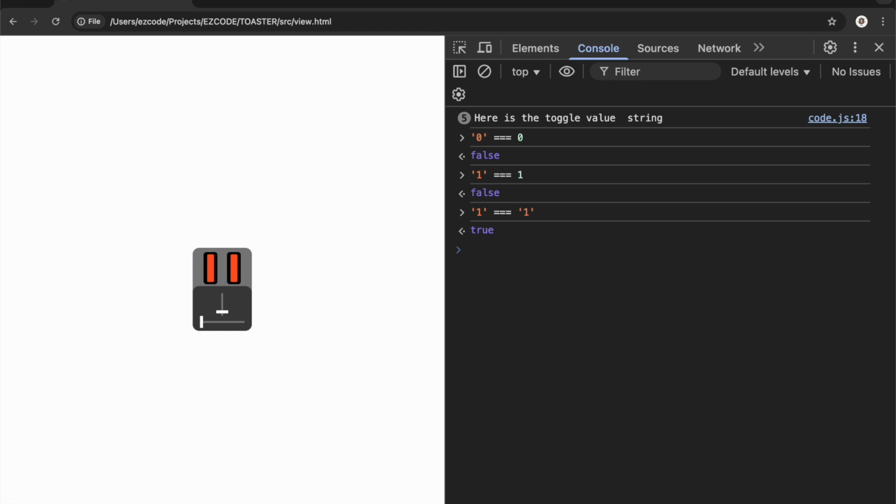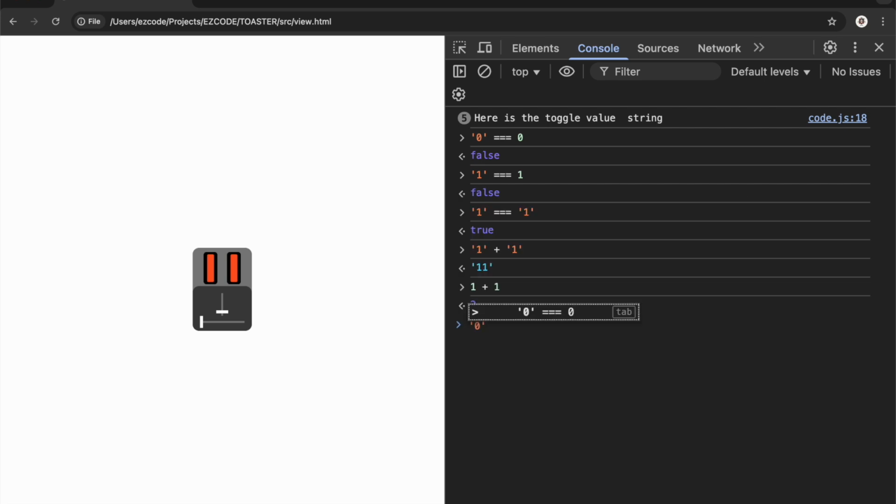However, numbers are different. Normally I can't sit here and say '1' plus '1', because that's going to equal 11, or really it's just going to concatenate the two strings together. It has nothing to do with the fact that it happened to turn out to be 11. It'll put any two strings together if we add them together. But we want math, where we would expect 1 plus 1. So another thing that might throw people up in JavaScript is